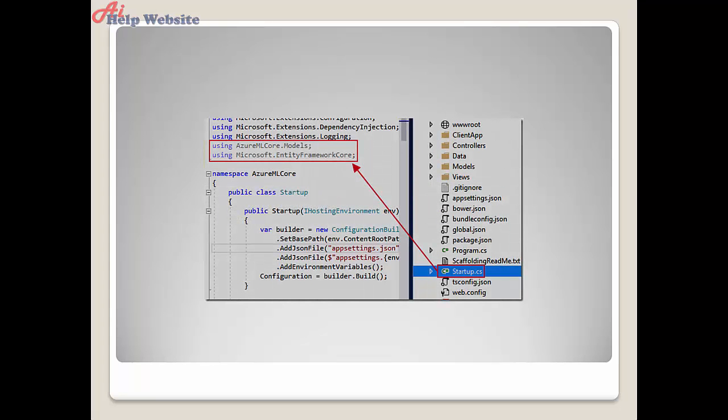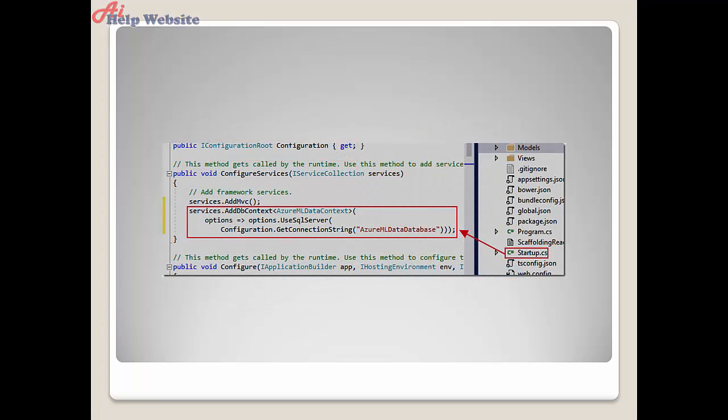Because we're using ASP.NET Core that supports and actually requires dependency injection, we'll remove the onConfiguring section and replace it with a constructor that will allow for dependency injection. Now, to implement dependency injection, we'll go into the startup file, first add some using statements, and then under the configure services section we will add a section that will